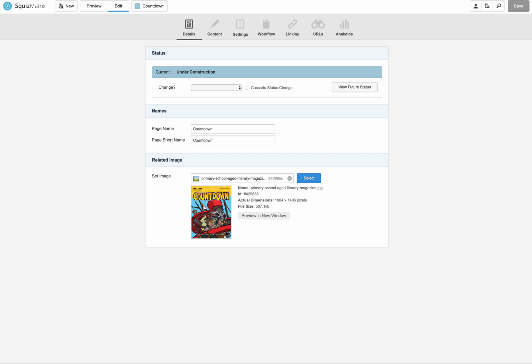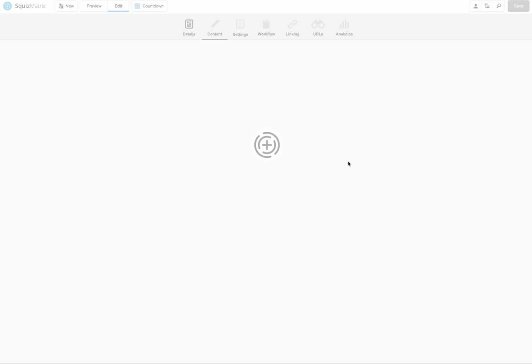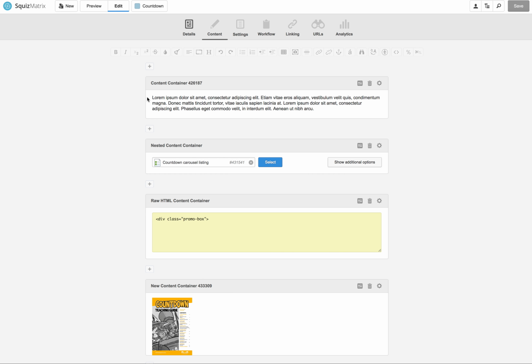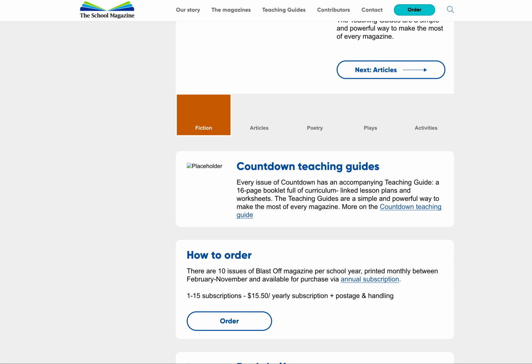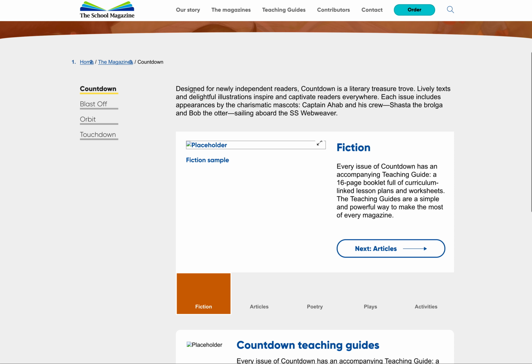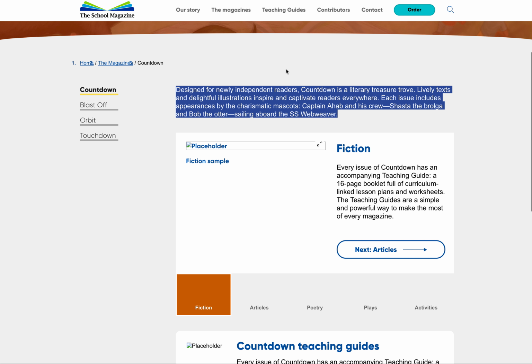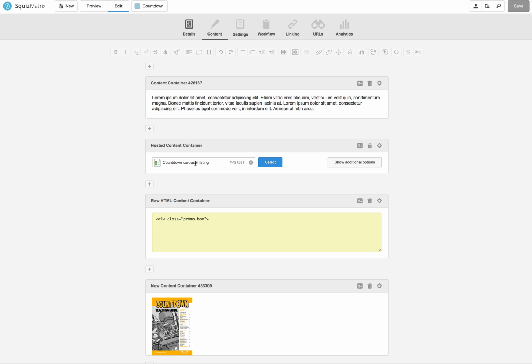So this is the cover, but you don't have to update this because there's a separate video on how to update the covers, and this isn't the spot where you would do it anyway. So this is the content of the page. So there's this paragraph up here, and that's there. And then the carousel,